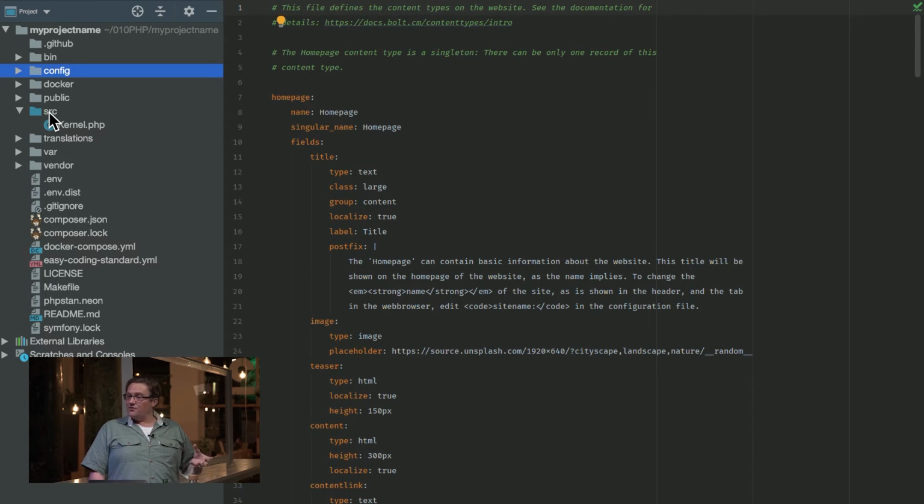This is the default folder where you can put your Symfony code. This is set up to be auto-wired, it's set up to be used as services. So basically this means that we can put our code in here and Symfony will know what to do with it. So for example, if I want to create a small extension to use in that Bolt project I just created, all I need to do is